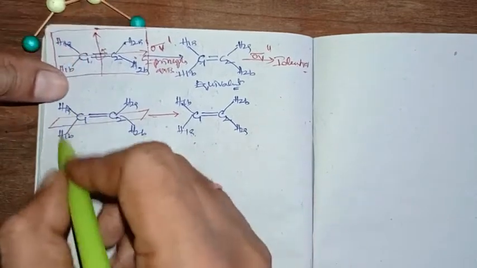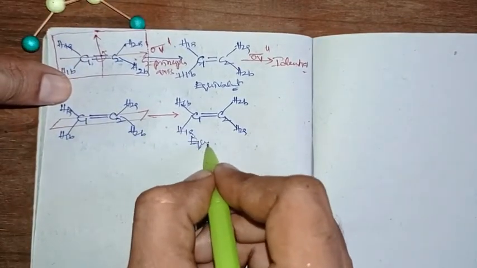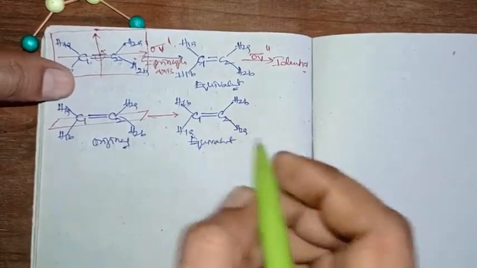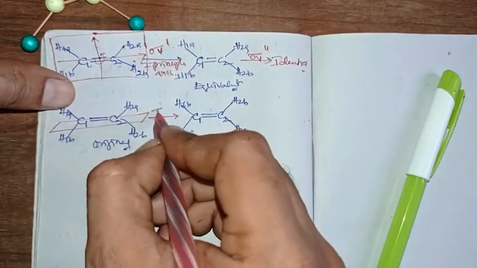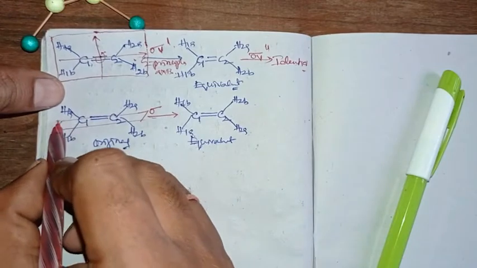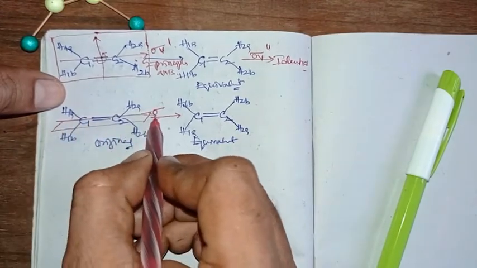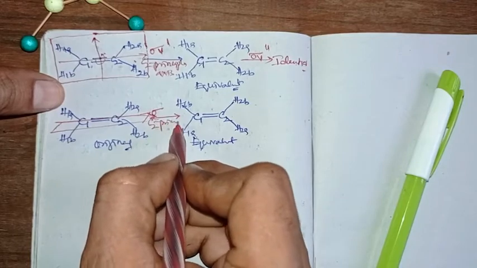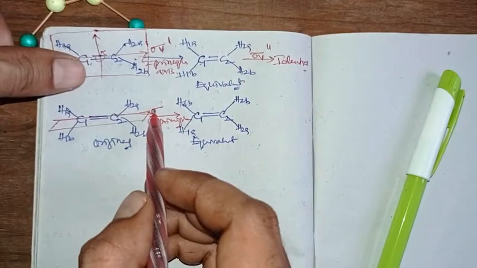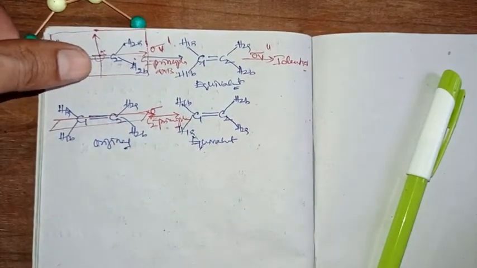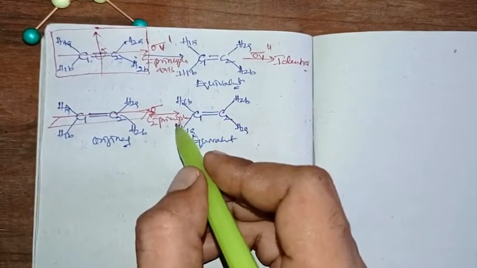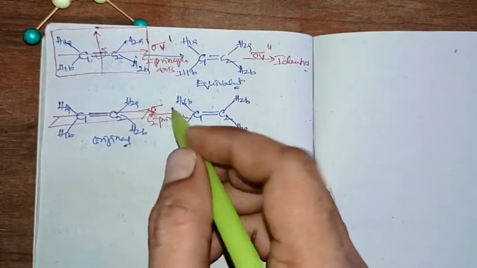So in comparison, as similar atoms are replacing each other, it is an equivalent configuration. Even if we compare with the original configuration, it will be an equivalent configuration. So the plane will be called a plane of symmetry. Now, while we go with the principal axis, the C2 principal axis, how is it? The principal axis passes through the carbon-carbon double bond, and the plane we consider is also passing through the carbon-carbon double bond. So it means the plane also passes through the principal axis, right? Plane and axis pass through each other.